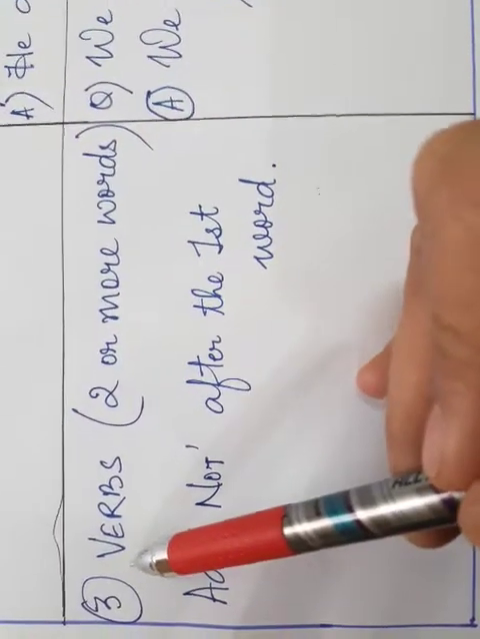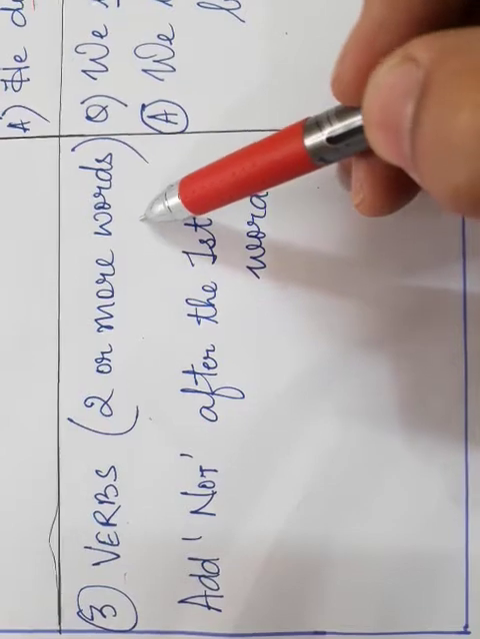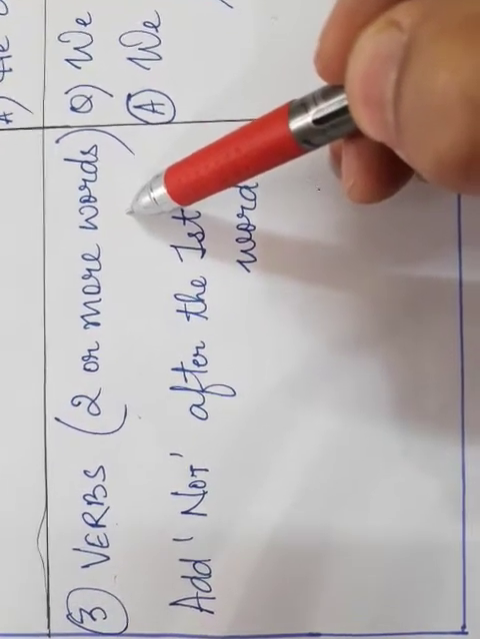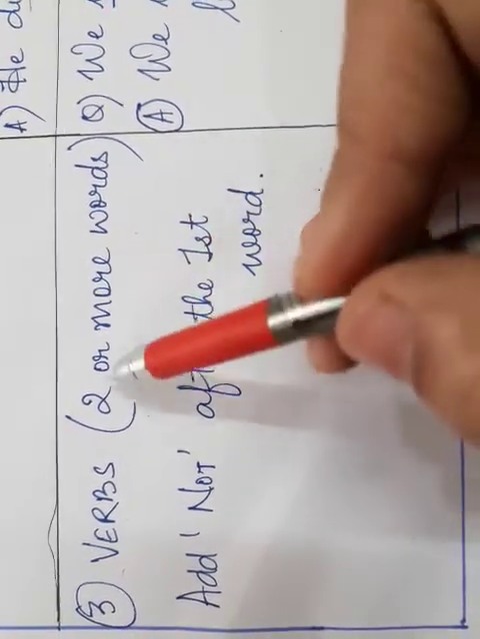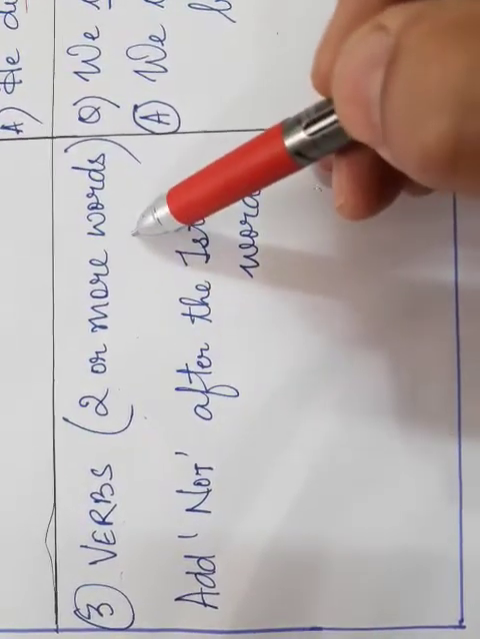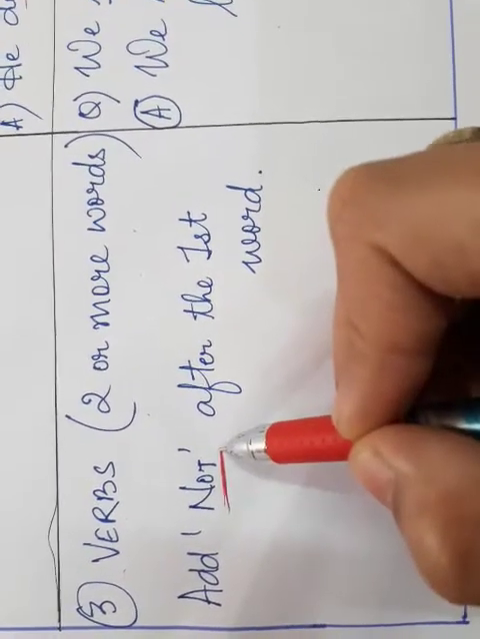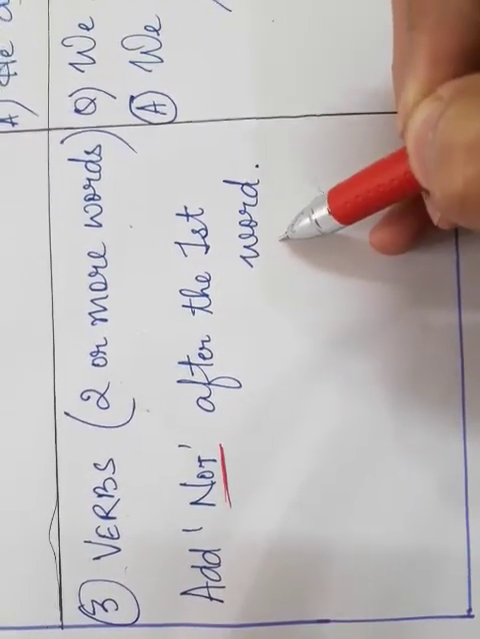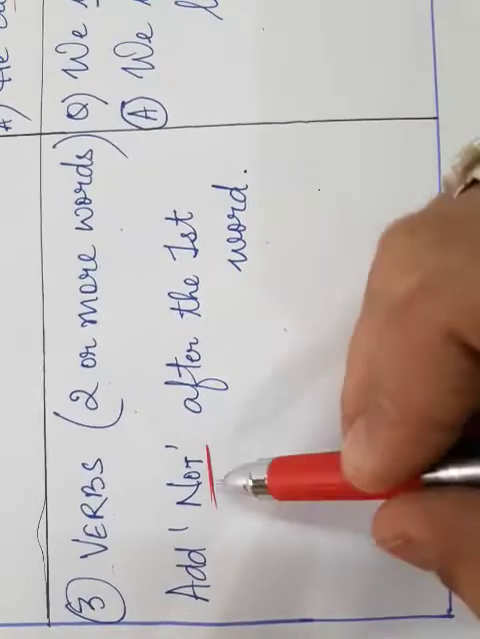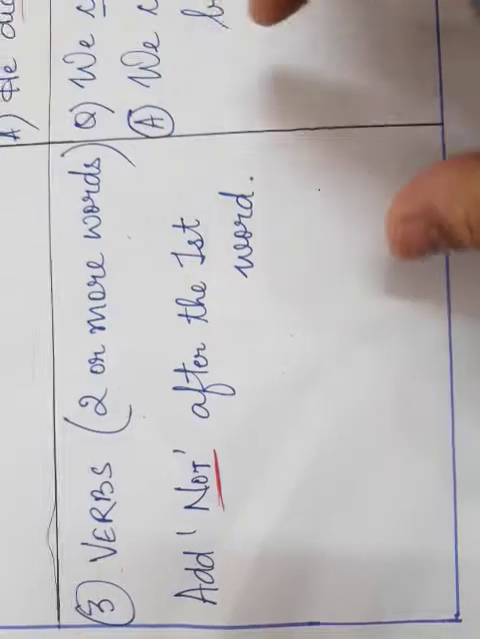Rule number 3. If we have verbs with 2 or more words in a particular sentence, in the same sentence, if we have 2 or more words as verbs in that sentence, we are supposed to add the word not just after the first word. Okay, if there are 2 words, we are supposed to add not just after the first word. For example,